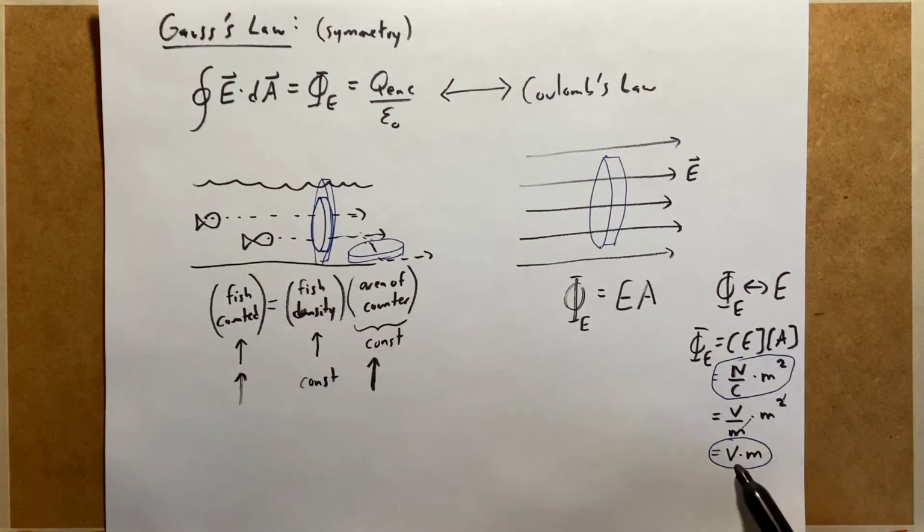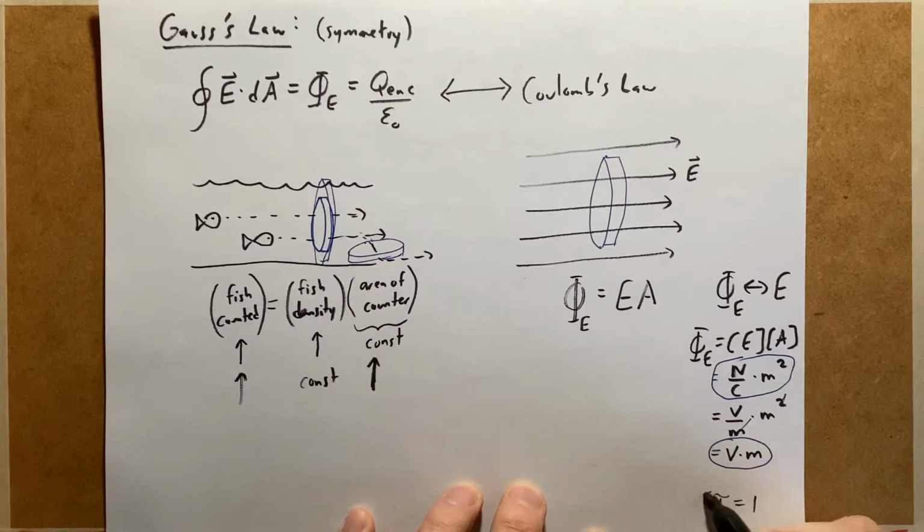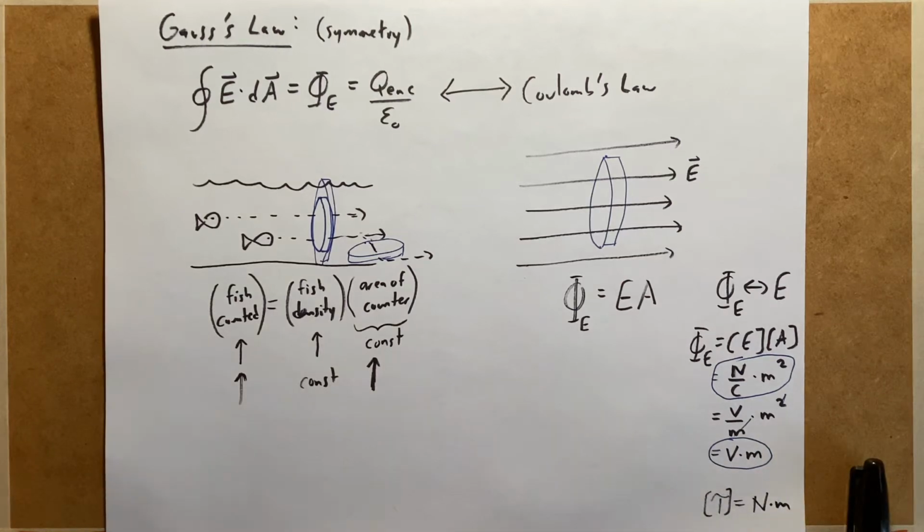If you write it like this, please make sure to write it volts times meters, because if you write it the other way, mV, it's going to look like millivolts, and it's not millivolts. This is meter volts. That's, by the way, the same reason in physics 1, when you wrote torque, the units of torque were newton meters. The reason you don't write it meter newtons is because it makes it look like millinewtons. So it's kind of nice whenever the meters by itself is part of the unit, you put it later so that you don't mistake it for a prefix of milli. Okay, so the units aside,